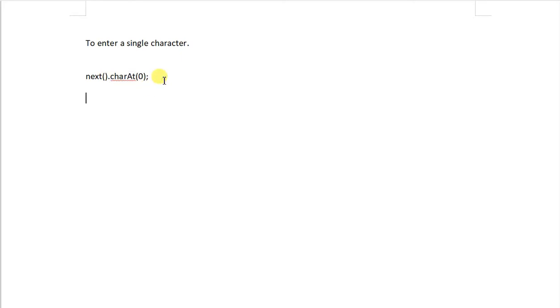So how can we write the code over here? We need to use one Scanner class object. After creating the Scanner class object, what we need to do is use the next method dot charAt with index number 0.